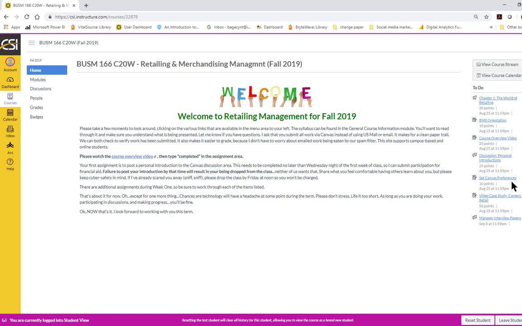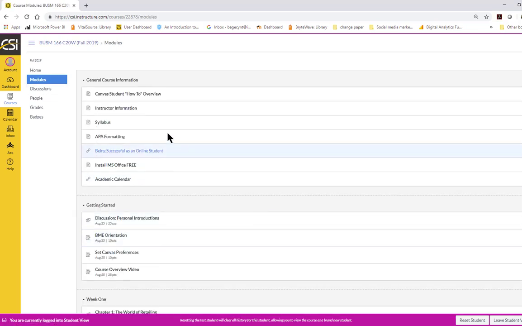As an FYI, do not go by the information shown on the right hand under To Do. You will miss out on information. So make sure that you are going into modules and that you look at information from this list so that you make sure that you're not missing any of the assignments or any of the support materials for those assignments that would not benefit you in the long run.